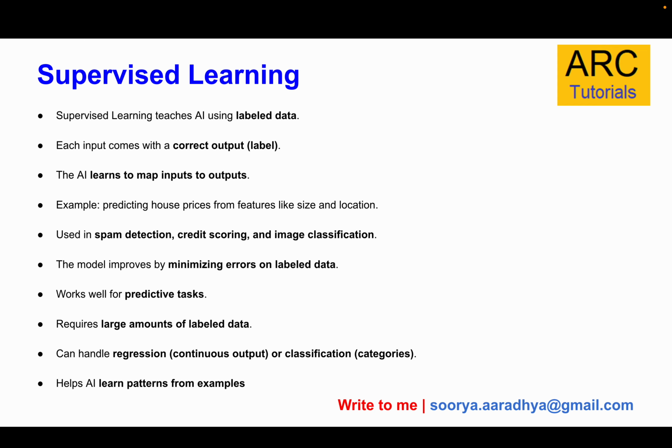This particular learning works really well for predictive tasks where you have past historical data, and based on that you can analyze and come up with a label or a value or a number, right? Now this can handle regression, which means it can produce continuous outputs, or classification. When the output is classification, it will tell you whether it's a cat, dog, human, etc. It helps AI learn patterns from examples which are already labeled. Okay, so remember, in one line, supervised learning is where AI learns using labeled